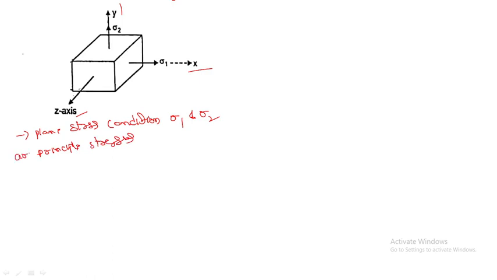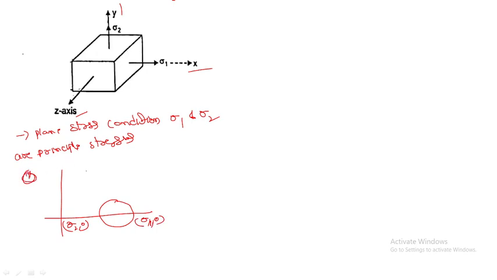Principal stresses. Then the first one, for rotation about z axis, what is the stress condition? Okay, let me show you the sketch. You can understand easily. Right, this one. So this will become like this. You know all these values already because we have already drawn. Right. So what is the first condition?